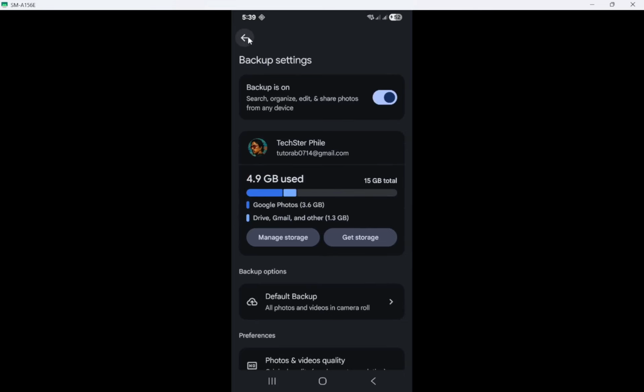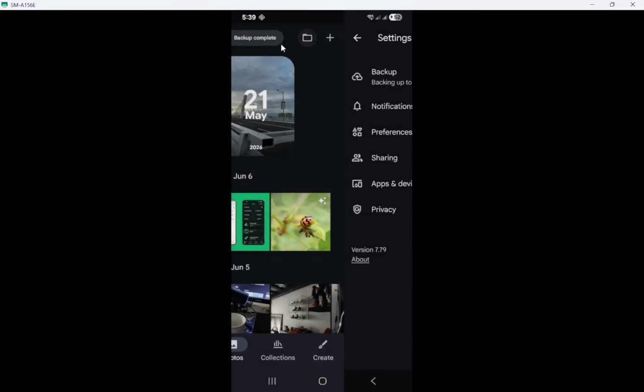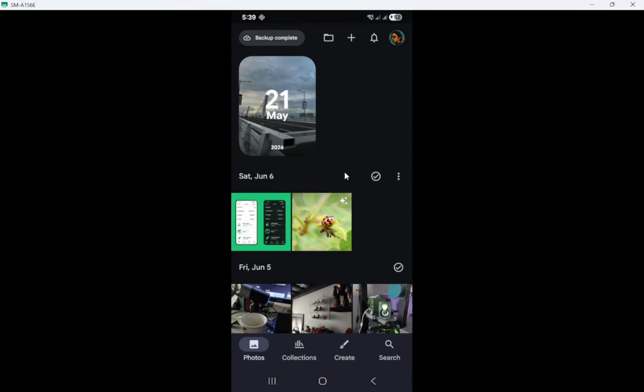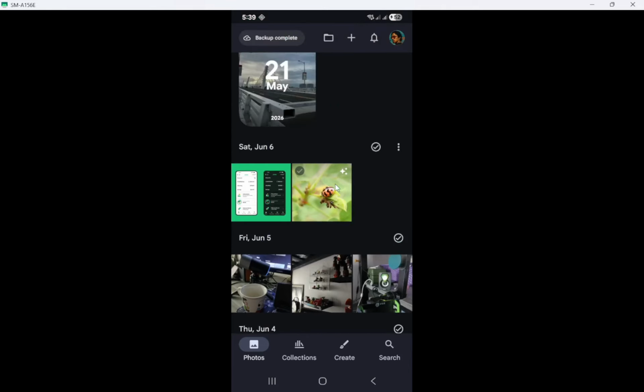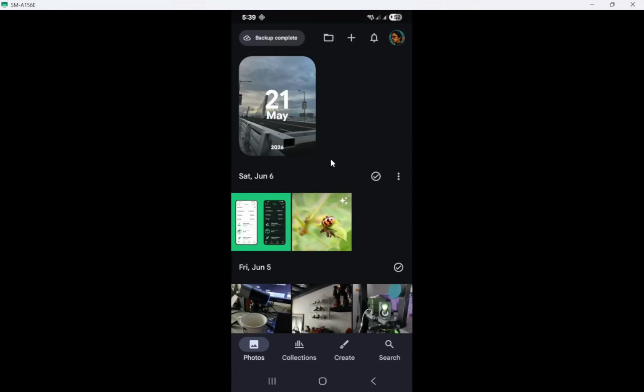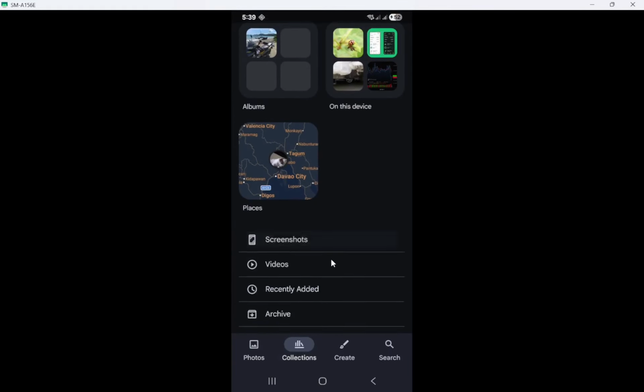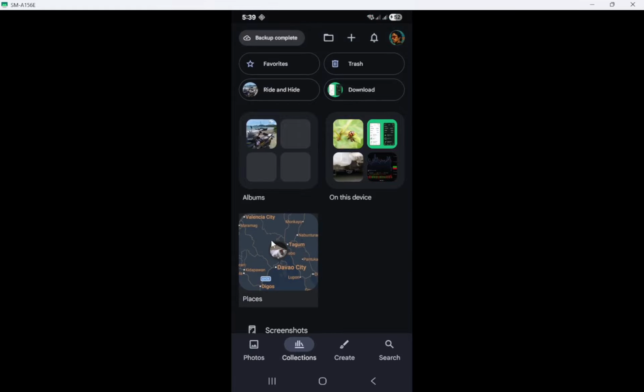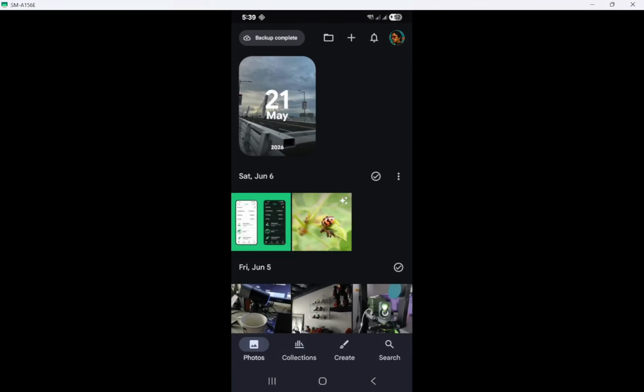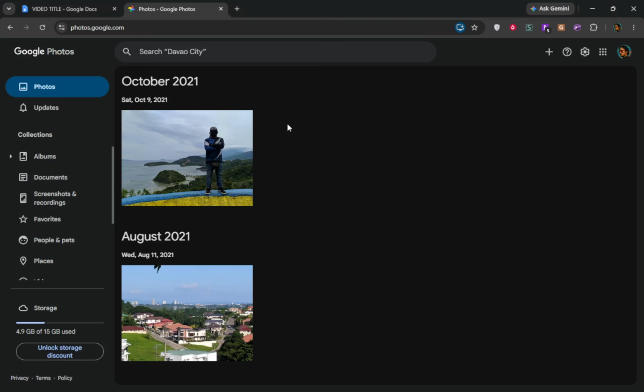After setting up backup, we need to wait for Google Photos to scan your library. Face recognition is an automatic process in Google Photos. You cannot force it to recognize faces manually. Depending on the size of your photo library, this process can take some time, sometimes hours, days, or even longer for very large libraries. The processing time varies based on the number of photos and Google's server capacity. Patience is key here. Just know that Google Photos is working in the background to analyze and group faces for you. Next up, we will check the People and Pets section to see the results of the face recognition process.